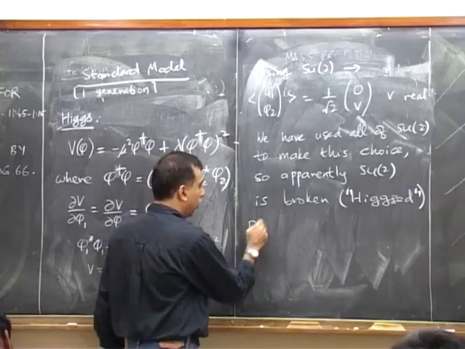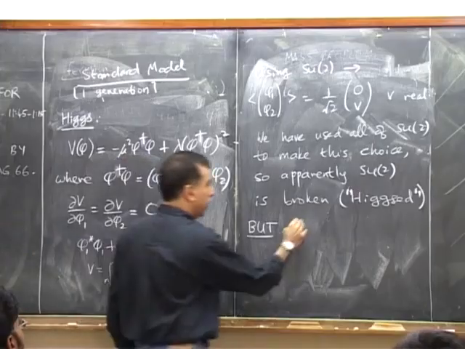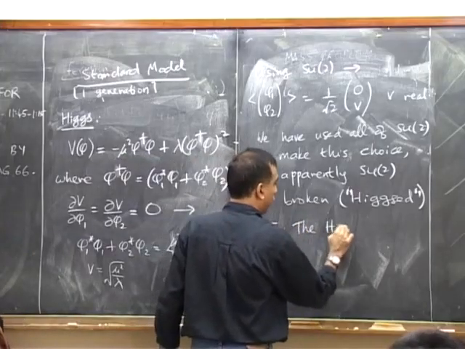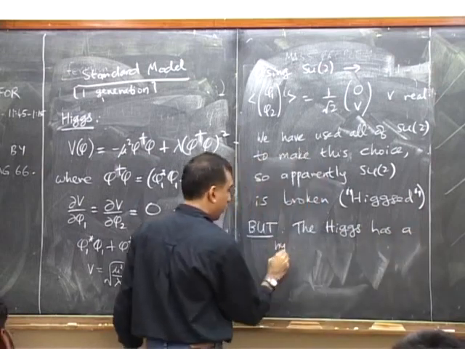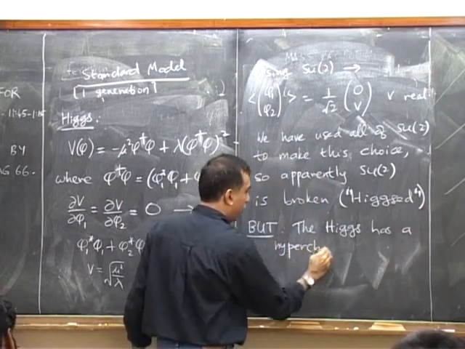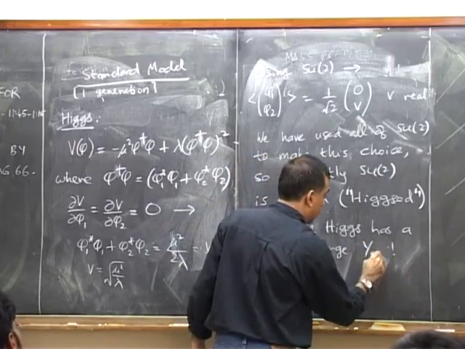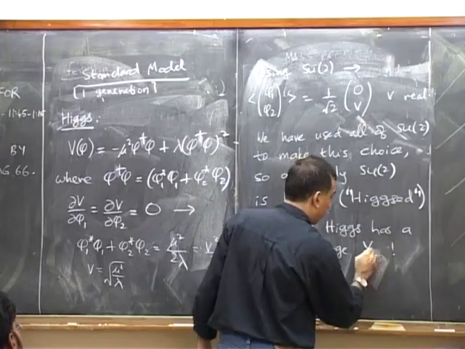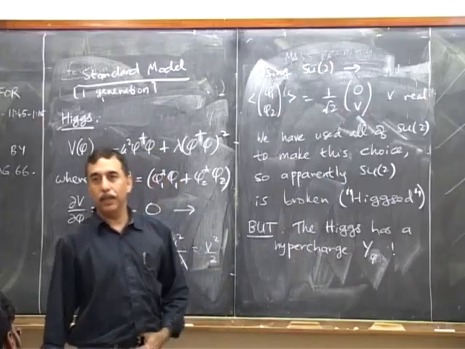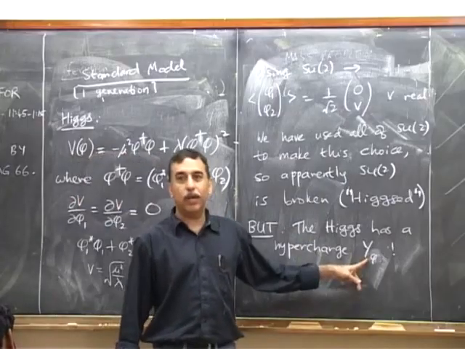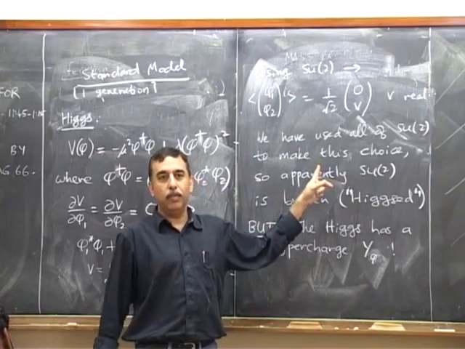But I concealed an important piece of information which you already have. The Higgs can have a hypercharge. If this number is exactly 0, then what I have just written here is exactly true. Okay? If this number is not 0 and has any value whatsoever, then this statement is not true,